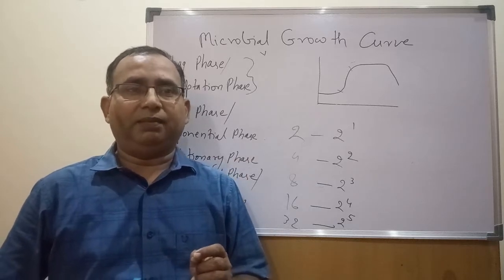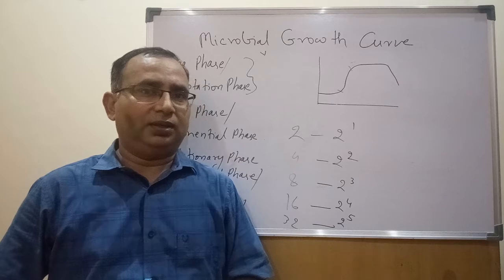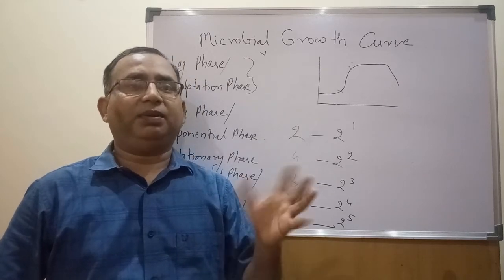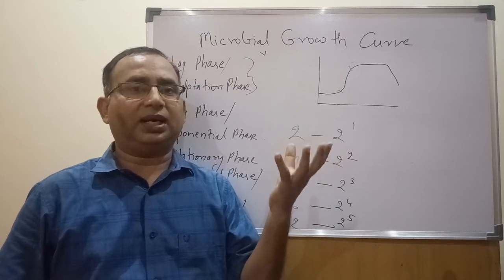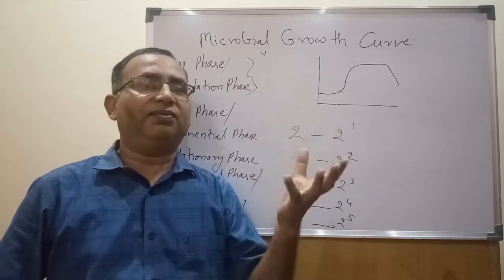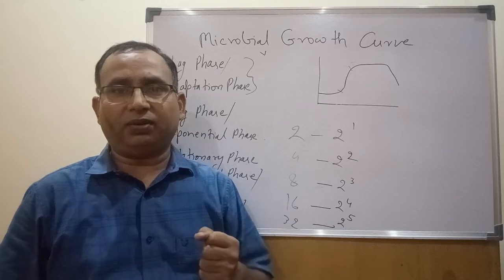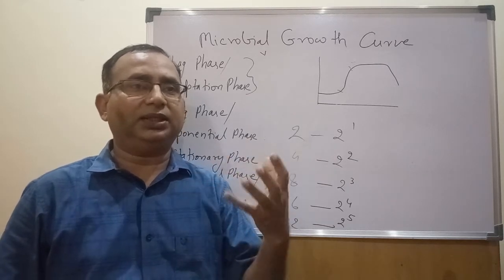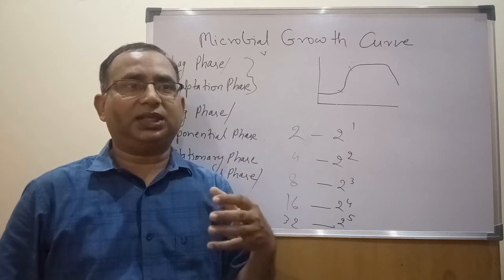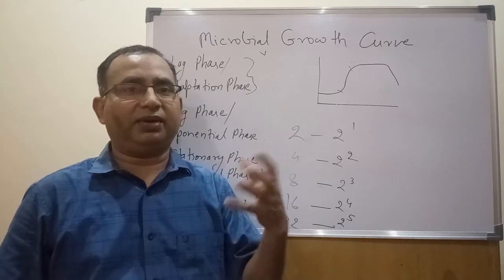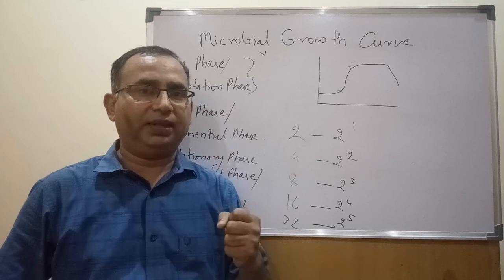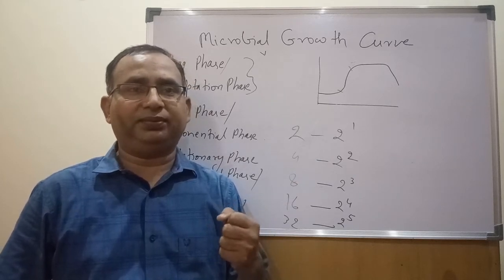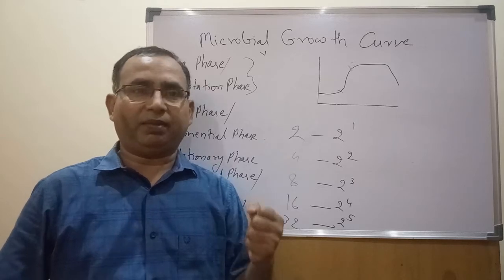Here the microbe keeps on utilizing the nutrient components. Maximum amount of nutrient components are available. Nutrient components are freely available for the growing microorganism, and microbes keep on dividing, keep on utilizing the nutrient components, and keep on synthesizing all the compounds required for proper growth and development of the microorganism, resulting in synthesis of a huge amount of primary metabolites.